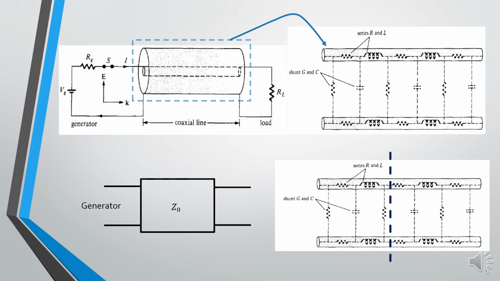And at the input port there is a generator, right? Now from the input port we can see another impedance, that is called input impedance or Zin, and at the output port there is a connection of load impedance, right? So this kind of circuit of coaxial transmission line can be analyzed by using KVL, KCL, okay, and some wave equation we will discuss in the next slide.